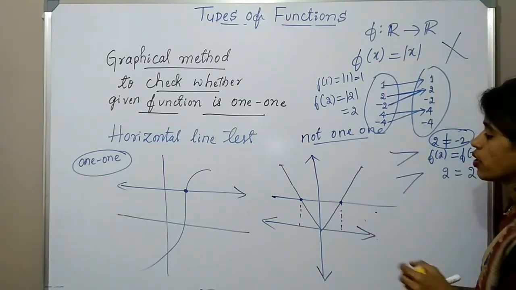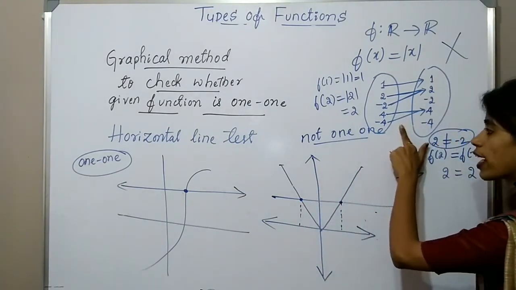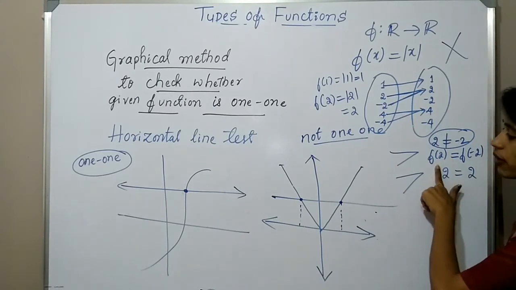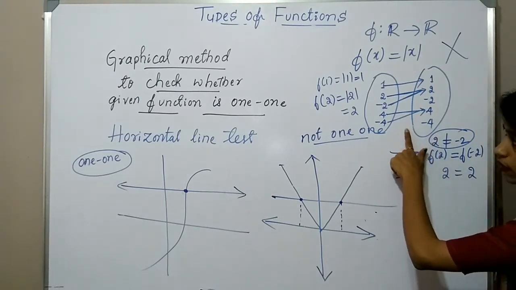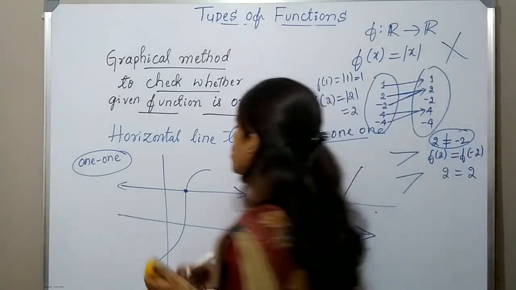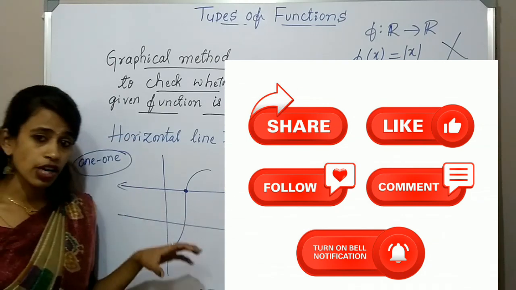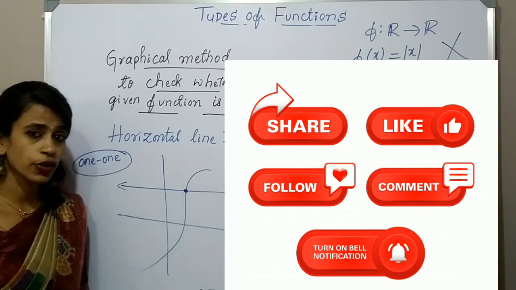Is it okay? So the horizontal line test also says it is not 1-1. By the arrow diagram, or by the definition, we get that it is not a 1-1 function. Which function? The modulus function is not a 1-1 function. Is it okay? So this is the horizontal line test to check whether the given function is 1-1 or not. Is it okay? So next